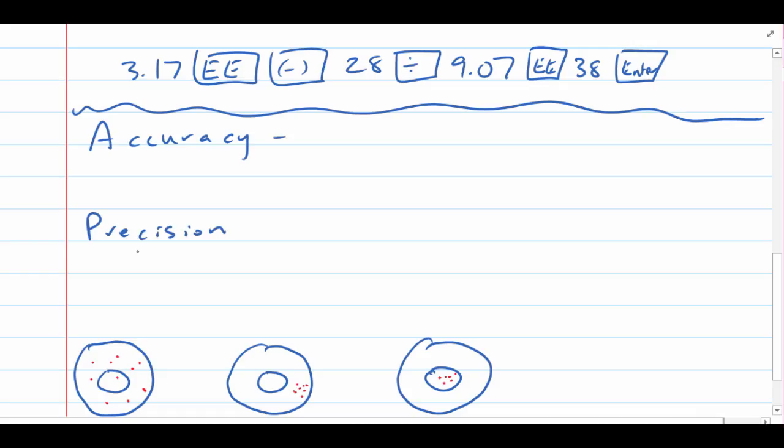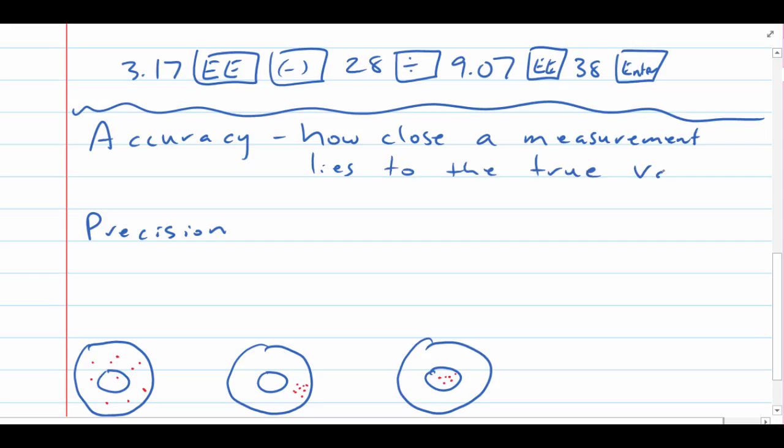The term accuracy refers to how close a measurement lies to the true value. And precision we define as being the reproducibility